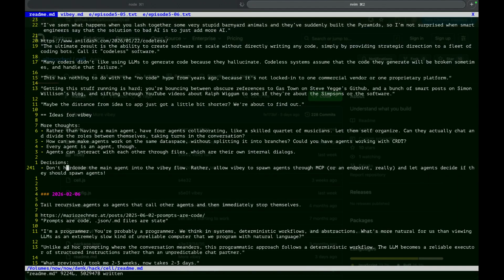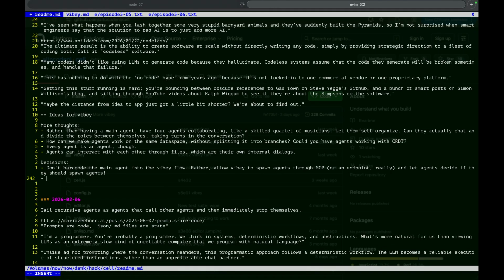Another decision is don't separate tasks, just have tasks as part of the docs.